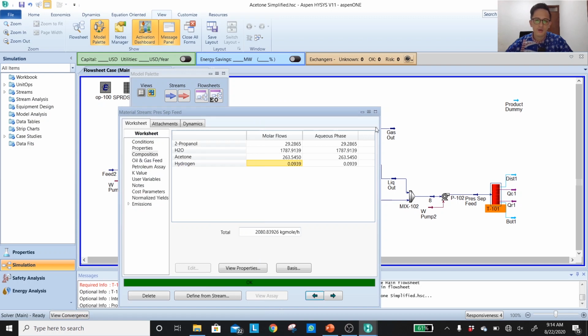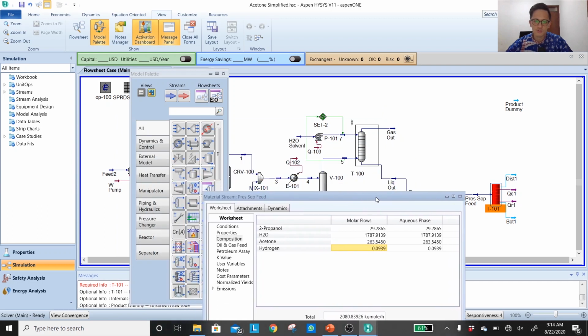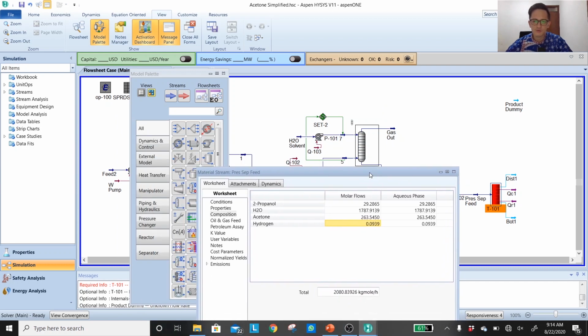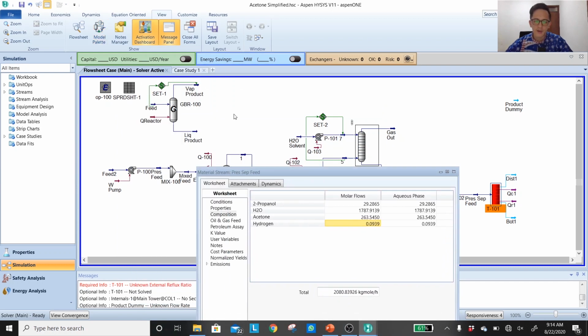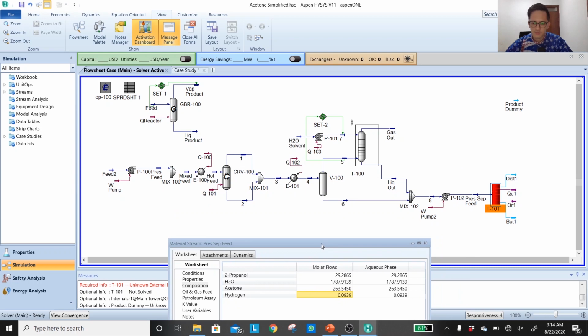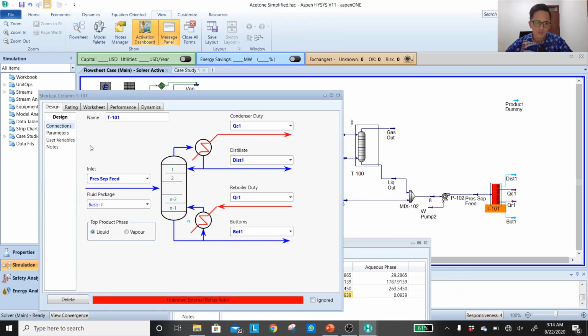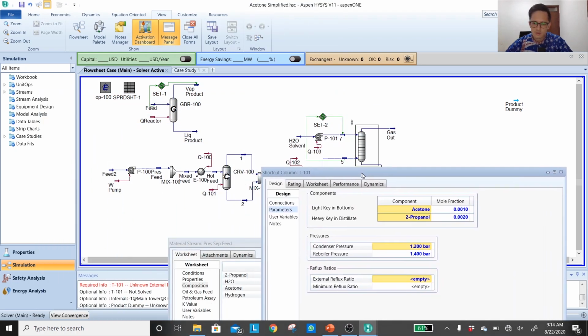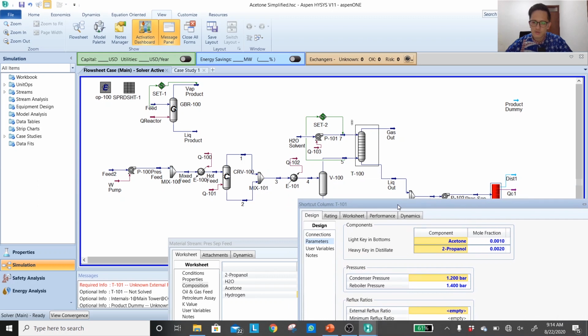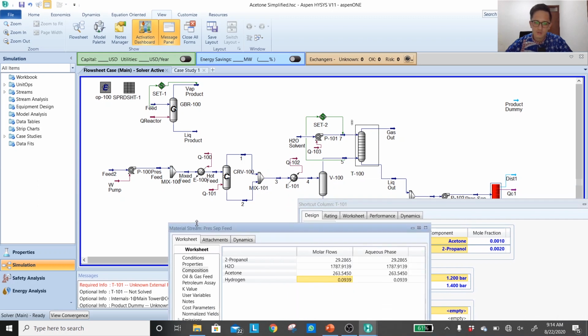Okay, so at least there are two options to fix this. The first one is to introduce the splitter, which I'm going to do next. But I also want to show you that it may come from our guess or our selection on the absorber part. Okay, so I will put it over here and then put it somewhere here.